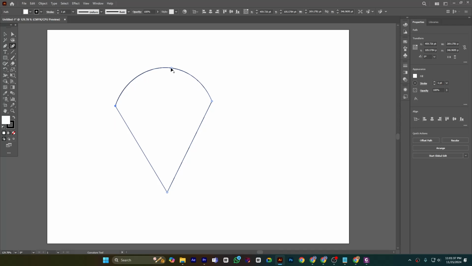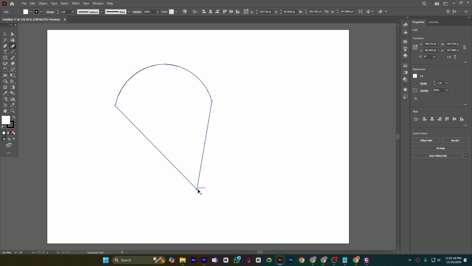You can easily move any anchor point and reshape the shape. You can see, easily you can move. If you are not satisfied with the shapes, you can easily move this to any place until you are satisfied. You can create